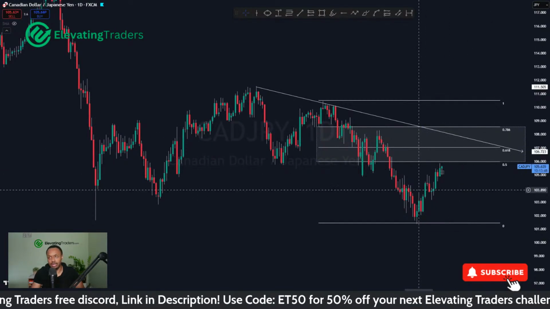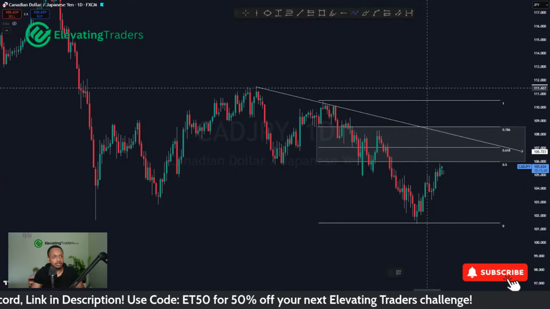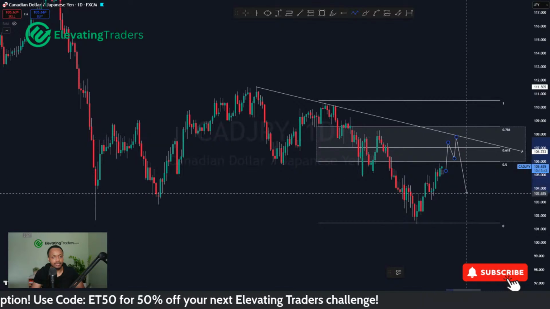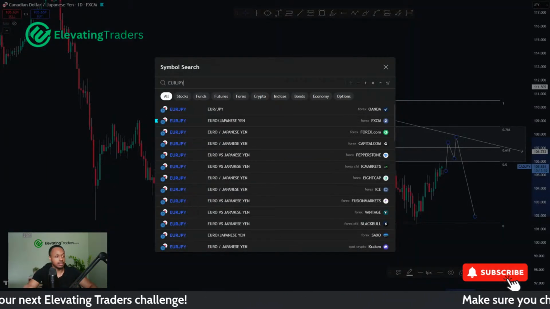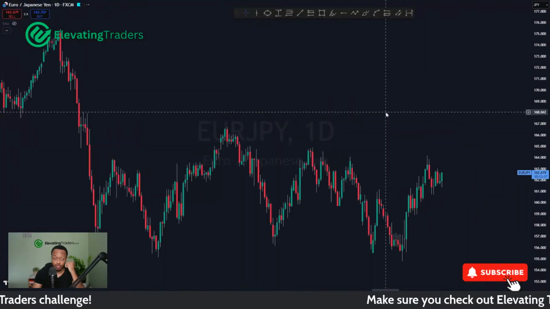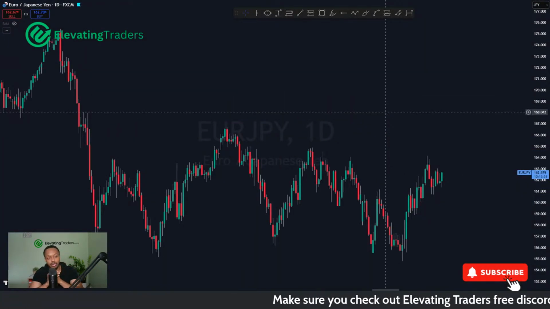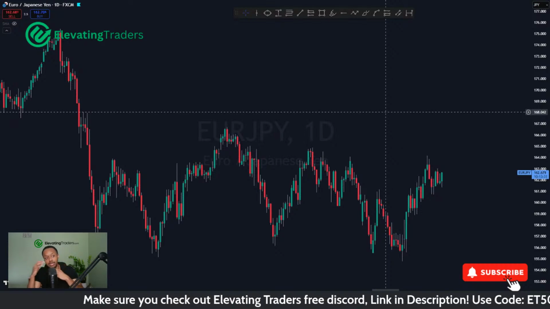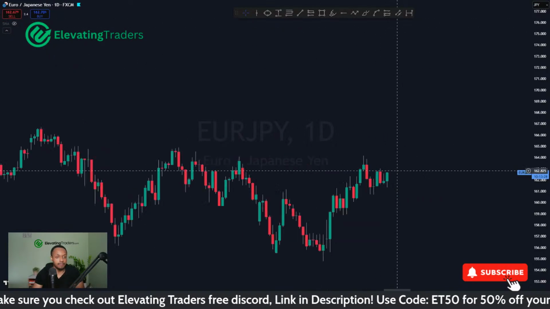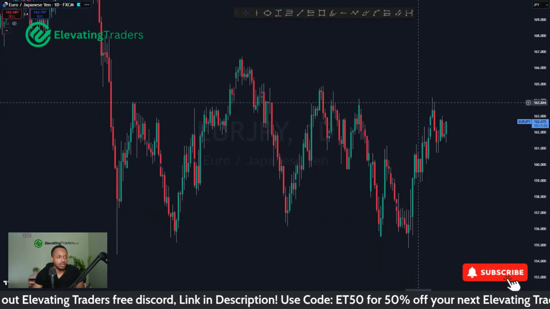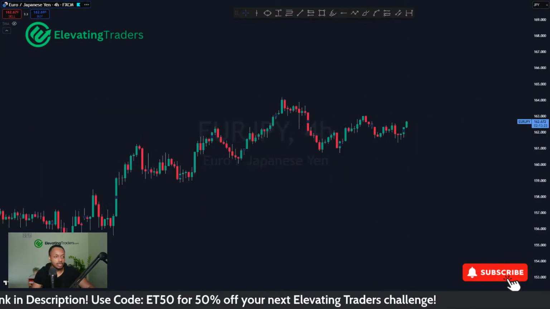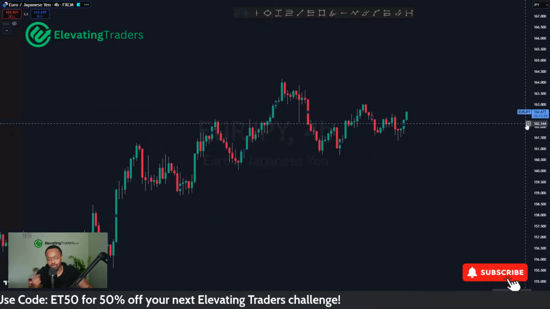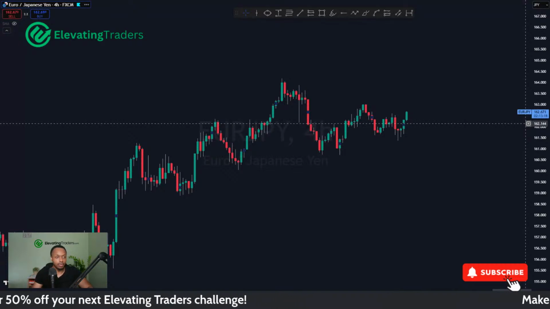Again, I'm still getting ready for these sells, but in the meantime, it does look like there's still upside at play. And of course, you've got your lovely euro yen, which is what I was saying last week. I did decide to close this trade a little bit early because I was anticipating some weakness for the yen to come in, which looks like it's been a good decision so far. We did come into a nice level. We did see a healthy rejection, but judging the yen, it didn't look like yen was quite ready to see the strength that I'm looking for.